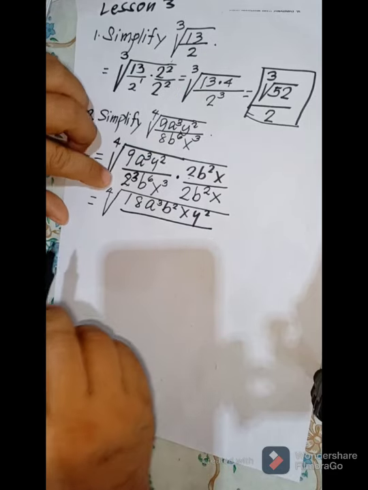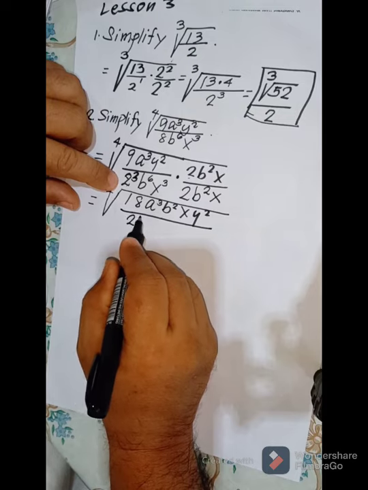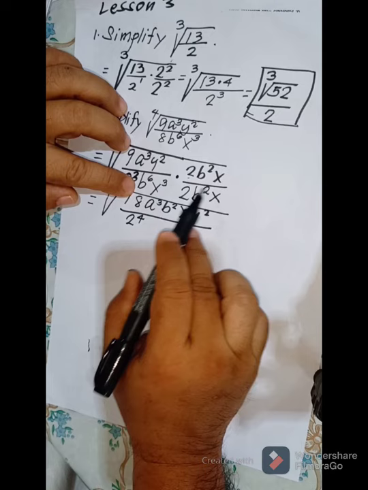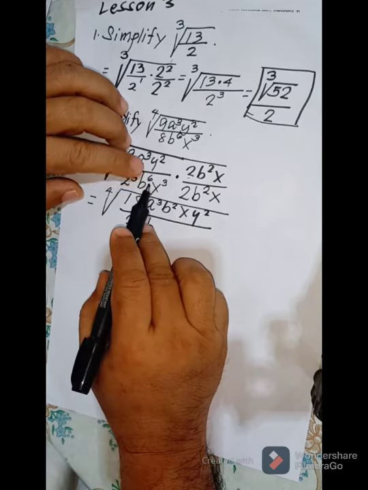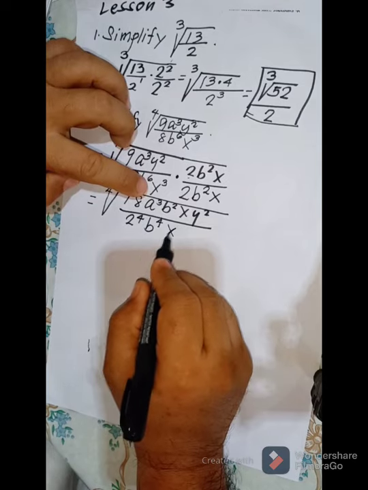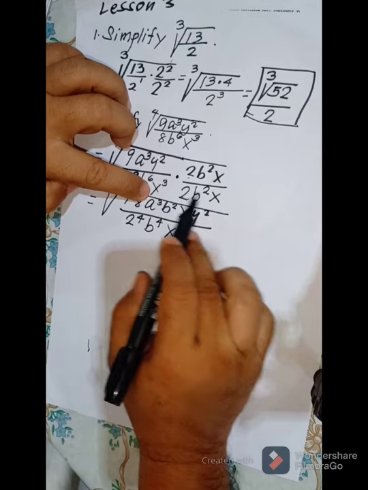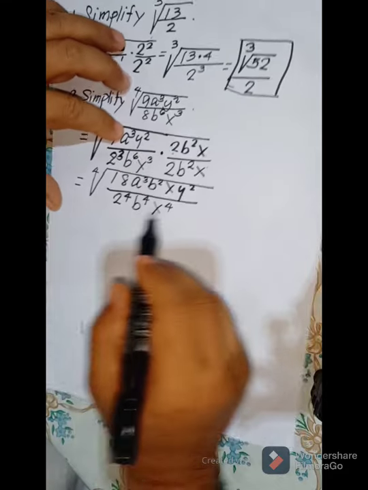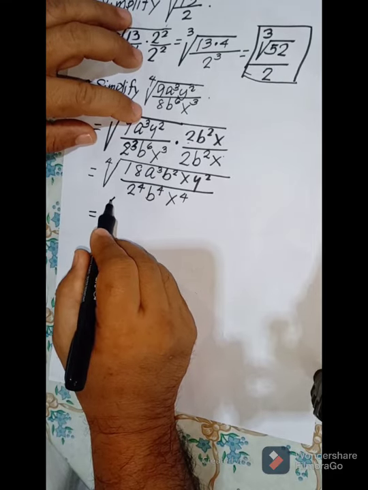Over 2 cubed times 2, understood 1, is 2 to the 4th power. b to the 6 times b squared, copy the base b, so you have b to the power, add exponents, 6 plus 2. Then x to the power, copy the base here, then add exponents, 3 plus understood 1 is 4. So this is equal to the 4th root of